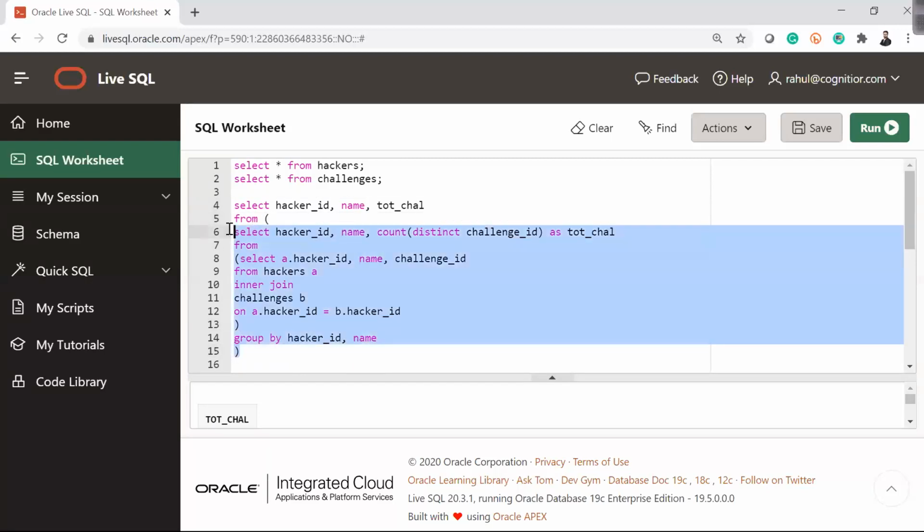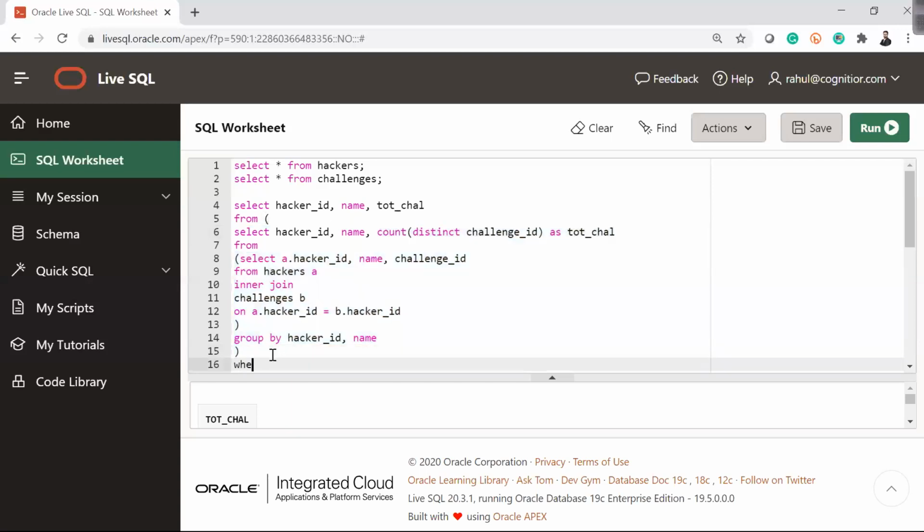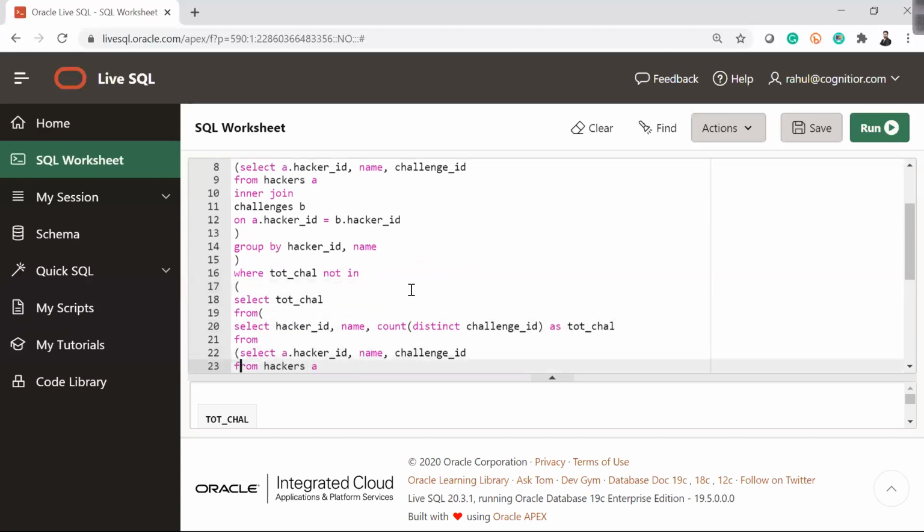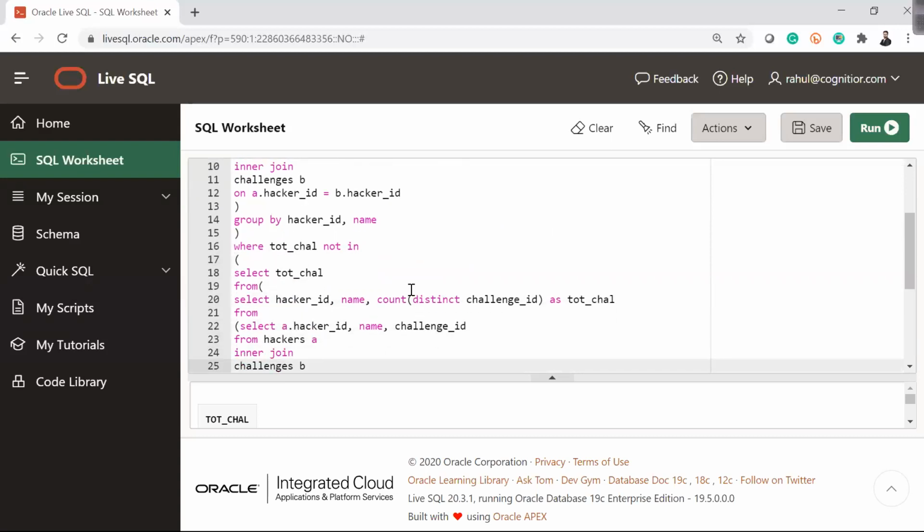From this entire table, I am calling hacker ID, name and total chal group by hacker ID, name, where total chal not in this query. I want total challenge not in 4.